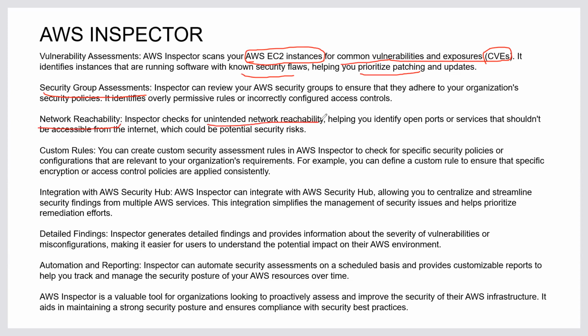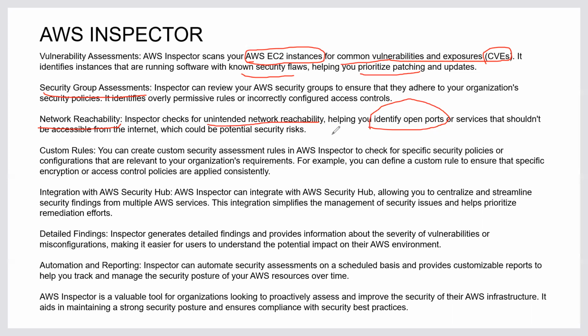Unintended network reachability is one of the keywords. For example, open ports, like it might report an open port which should not be open. For example, port 22 is for SSH, and port 80 and port 443 are for HTTP and HTTPS traffic. And let's say 3306 is open also. 3306 is actually the MySQL DB port, and if it is open, it will notify, because, you know, the EC2 instance